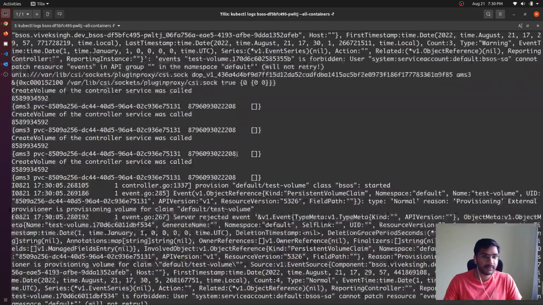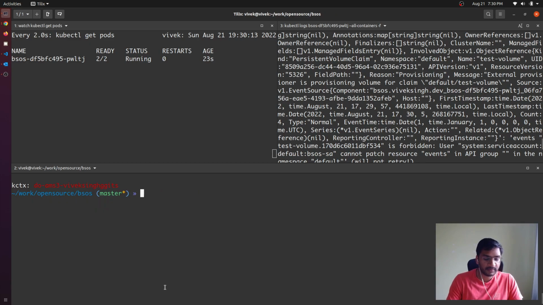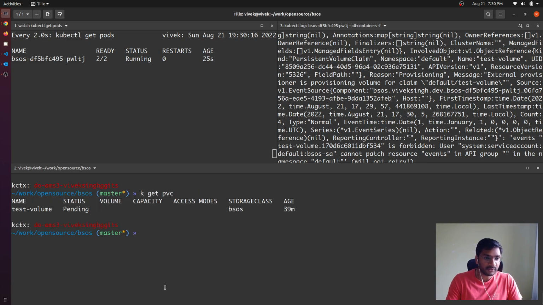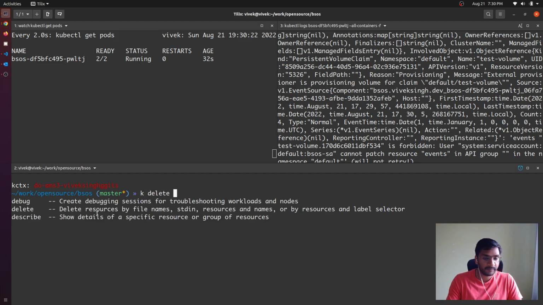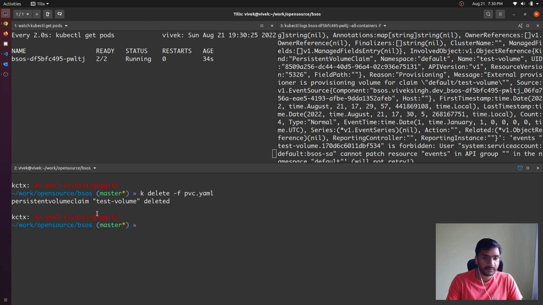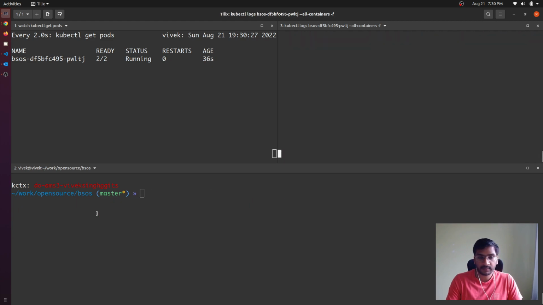Okay, so it looks like the PVC was already there. So we are going to delete that. We are going to delete that PVC, and then we are going to